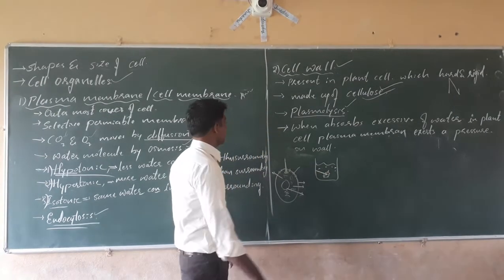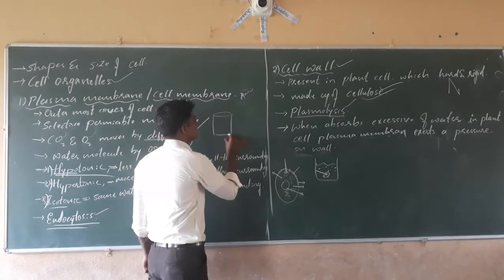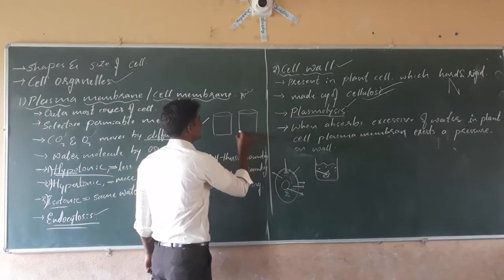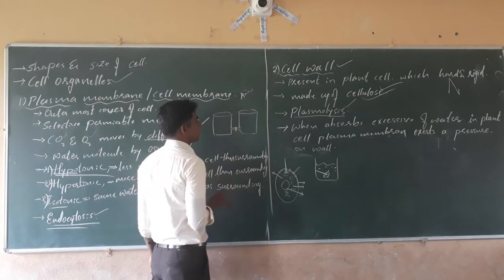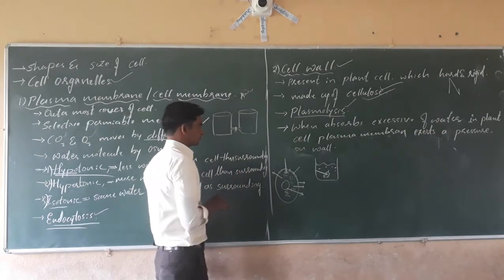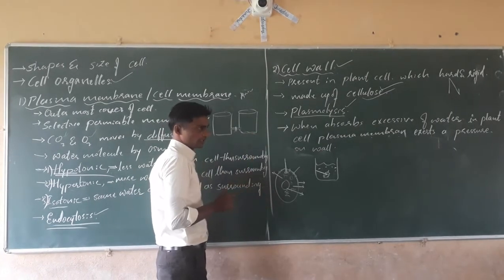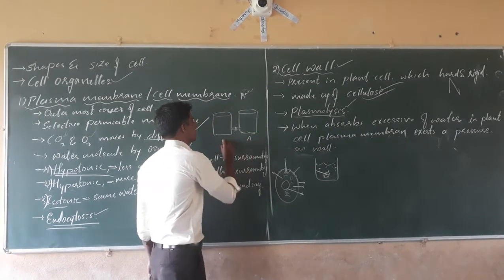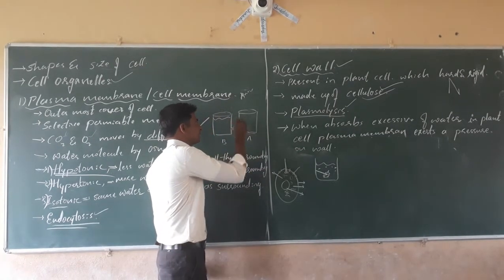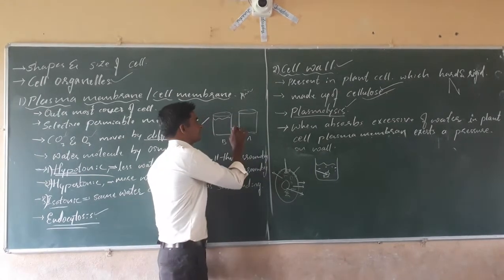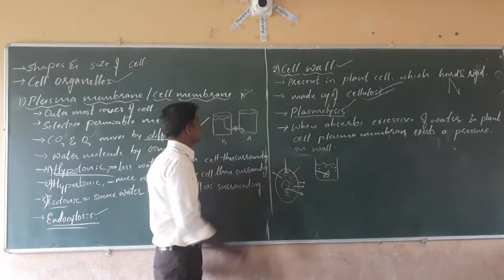Or I will tell you another example. We have two beakers of the same size, connected by a pipe, and we have closed it with a rubber cap. Then in one beaker, beaker A, we fill a very little amount of water. In beaker B, we fill full water. Then when we open the tap, see what happens? The water from higher concentration moves towards the lower concentration. That is nothing but diffusion.